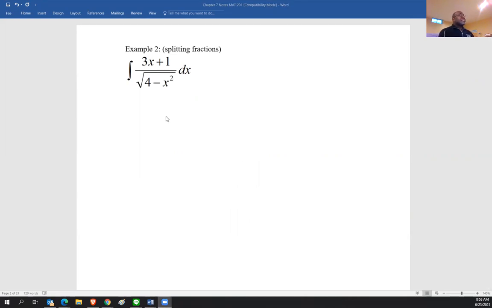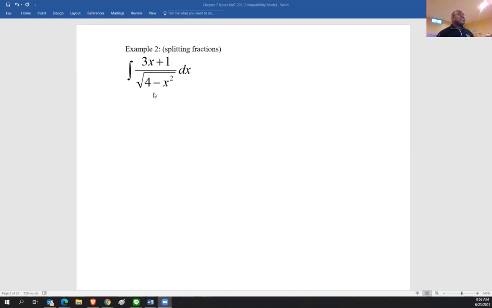All right, so in this example, we're going to deal with the notion of splitting fractions. Now, this is something that you may have done in previous problems, but once again, it's a technique that's oftentimes used, especially for problems like this, where one method or the other doesn't necessarily work. So, for example, here,